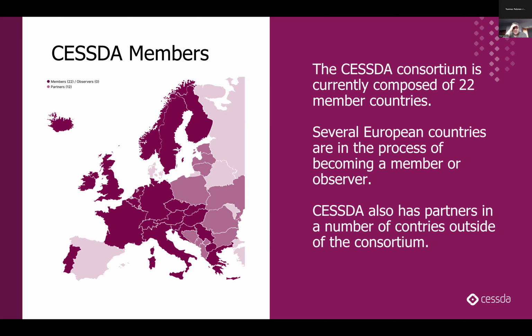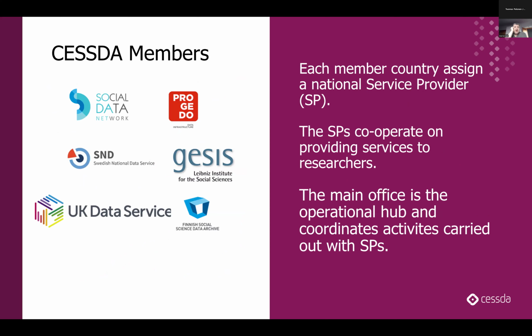The head office is based in Norway, in Bergen. We refer to it as main office, and they oversee all of the activities of CESSDA. At the moment, there are a number of working groups, and I'm chair of the interoperability working group. So obviously, I have a keen interest in semantic artifacts and semantic catalogs and interoperability. So, just to give an example, we have GESIS in Germany, UK Data Service, who I represent in the UK, SND. So, yes, the main office is the operational hub in Norway and coordinates activities carried out with those service